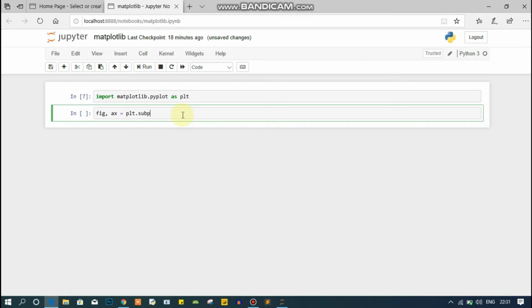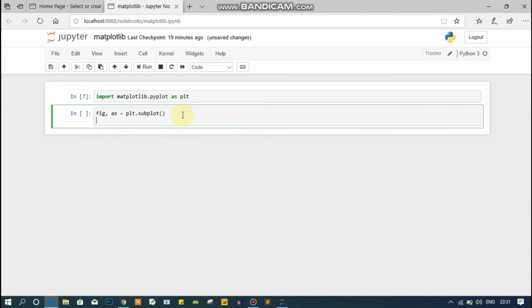Here I'm just creating an axis, a 1D axis, and now I will pass some inputs with ax.plot, like the numbers 1 2 4 5.